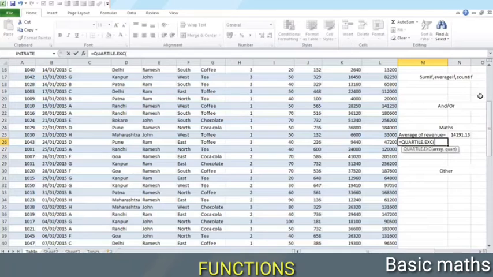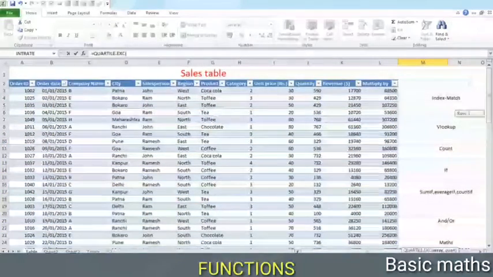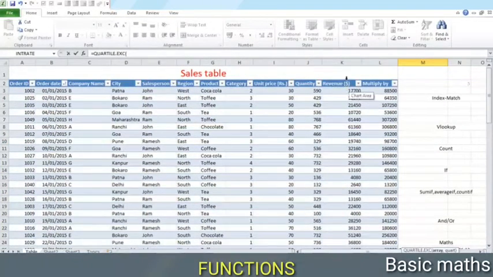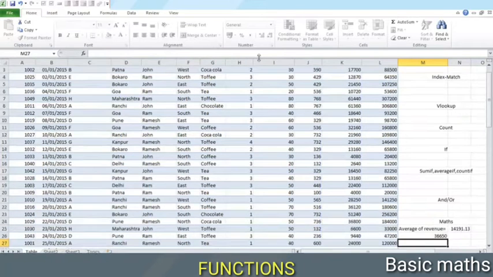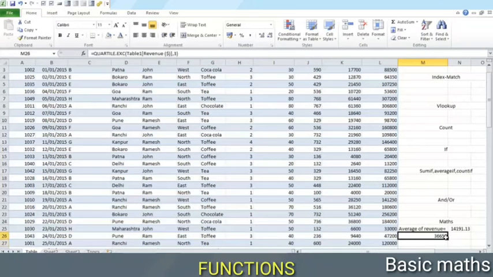So we will have to add the array again. Let us directly select it like this by clicking at the top arrow. That is a good shortcut. And then we click, and then we enter comma and put the quartile that we want, first, median or third. Let us find the third quartile by putting a 3 here, close the brackets, all arguments entered, press enter. And this is the third quartile.